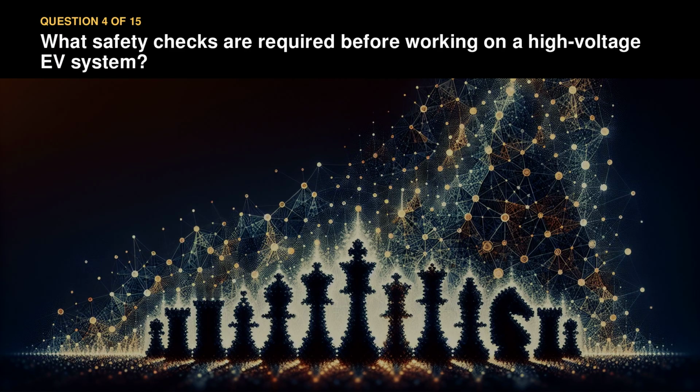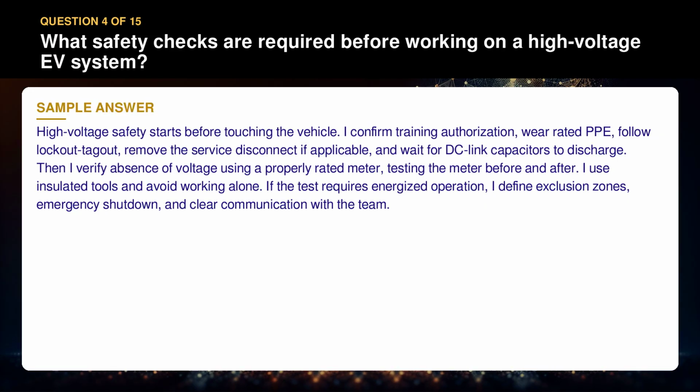Question 4. What safety checks are required before working on a high-voltage EV system? High-voltage safety starts before touching the vehicle. I confirm training authorization, wear rated PPE, follow lockout-tagout, remove the service disconnect if applicable, and wait for DC link